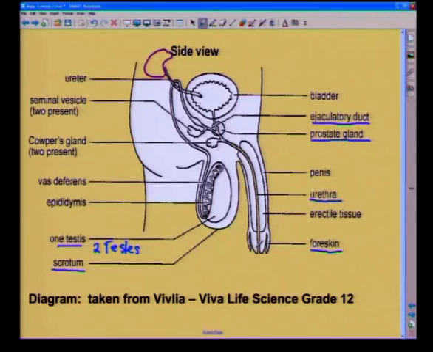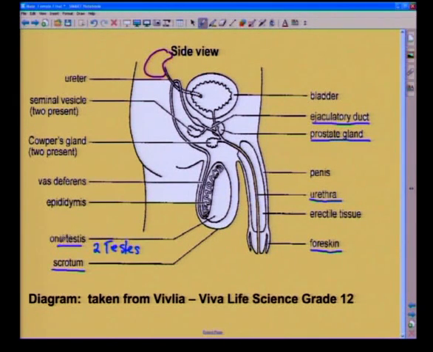All right, so let's just go through our labels again. We have the ureter, we have the seminal vesicle, the Cowper's gland, and the prostate gland. Those are the three very important glands. In between, you have the ejaculatory duct. Also from the bladder, joining into the ejaculatory duct, you have what becomes the urethra. That's why it's called the urogenital system. Now, we also have the epididymis. This is where the sperm are stored until ejaculation occurs. Vas deferens, the sperm will travel up the vas deferens, and then it moves out through the ejaculatory duct and